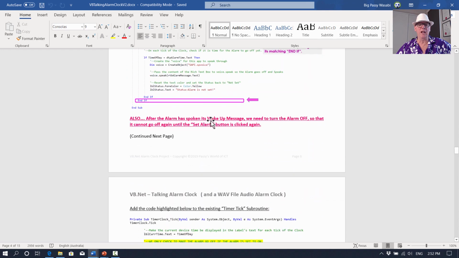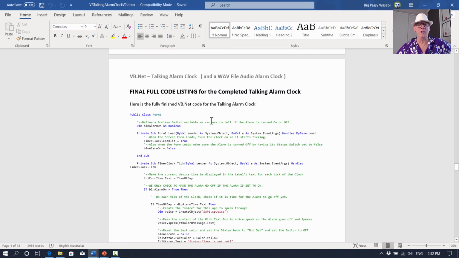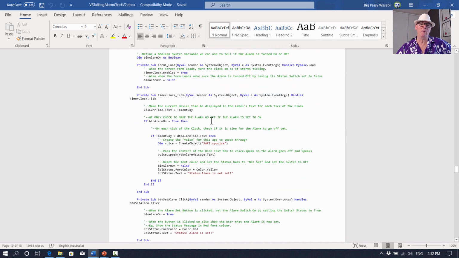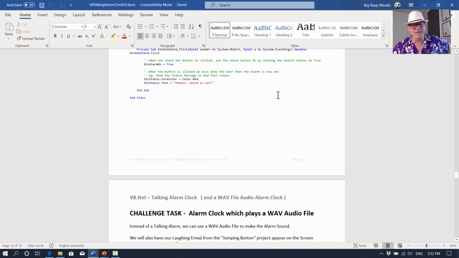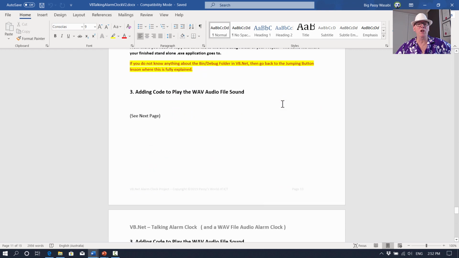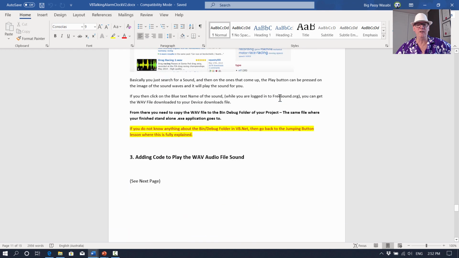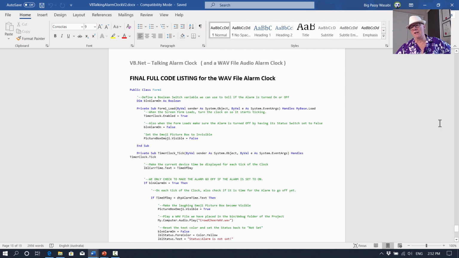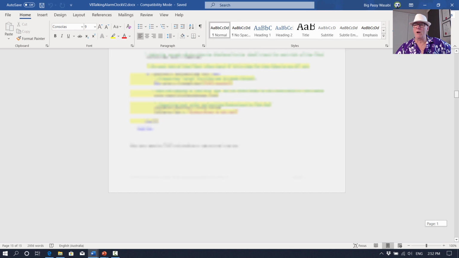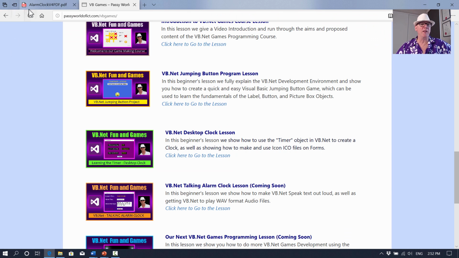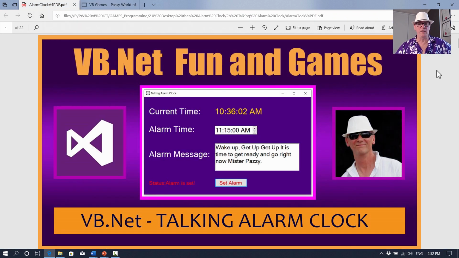But you will also get the final full code listing for the talking alarm clock, so if there's something wrong in your code, you can compare it with the full listing, and you'll get the challenge task. And we go through the challenge task and we show you where to get WAV files from on the internet and we show you how to set them up and make them play. So they'll be really useful skills, because WAV files playing could be a fun thing for when you do other projects. And the other thing you get in the downloads, apart from the emoji picture and the ICO clock,